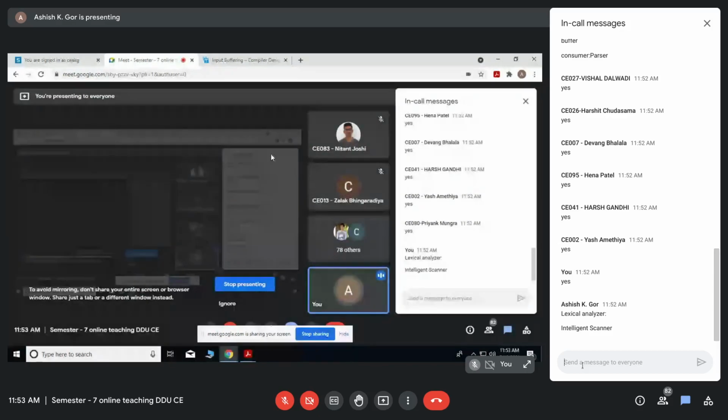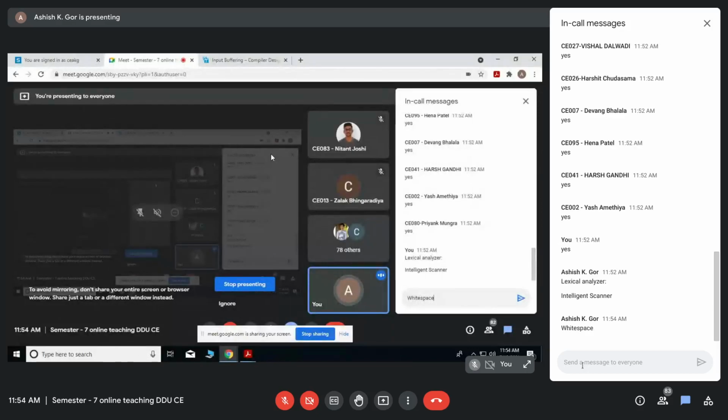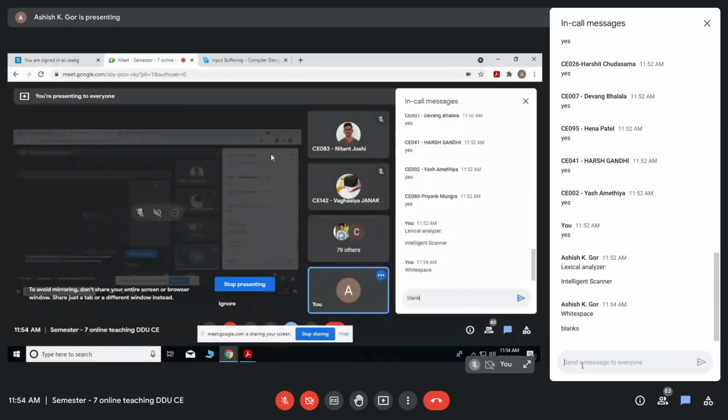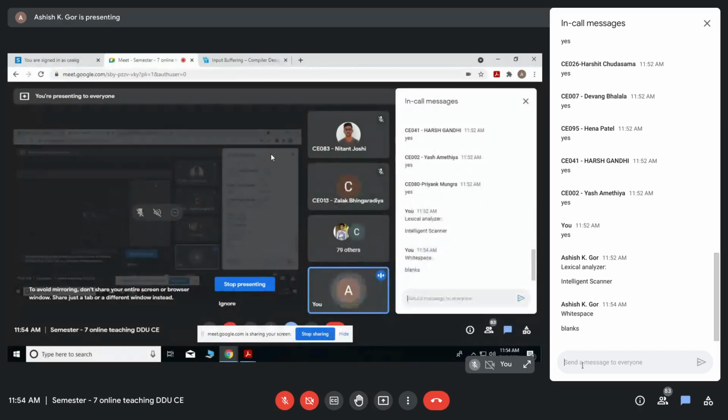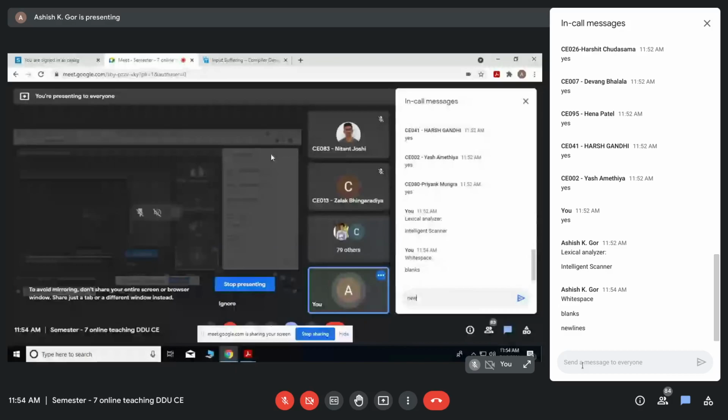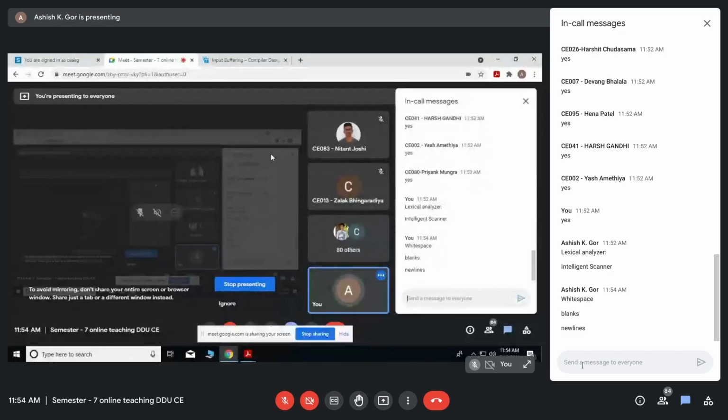So white space, blanks, new line characters, etc. are scanned, and most of the time their tokens are not written. Which things are tokenized?